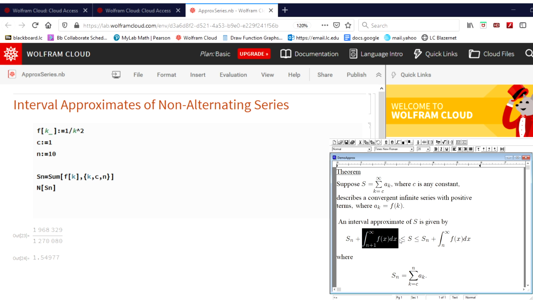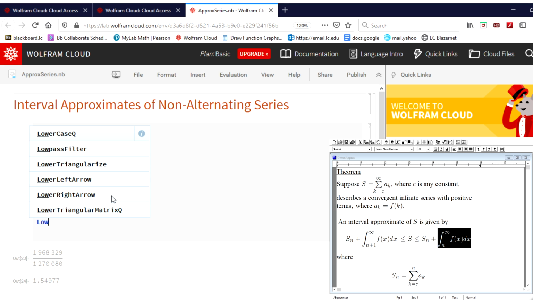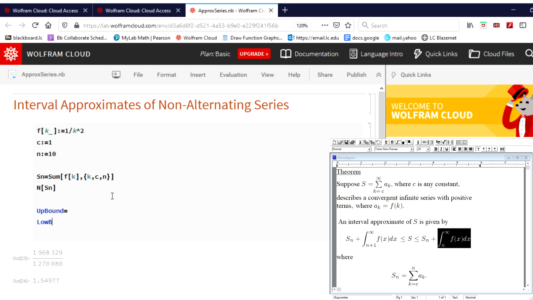This we understood was a lower bound on that remainder. This is what we understood as an upper bound. So let's set those up here in our calculation. Let's talk about having that upper bound, as well as that lower bound. And I'll just use the variables up bound and low bound to stand for those quantities. And as we note, the upper bound, this bound here on the right hand side of our interval approximation,